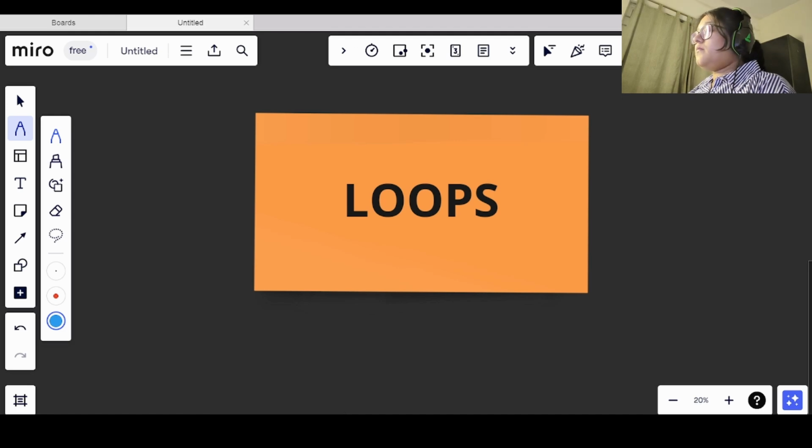So in Python we have two types of loops. One is the for loop, the other one is the while loop. Okay,